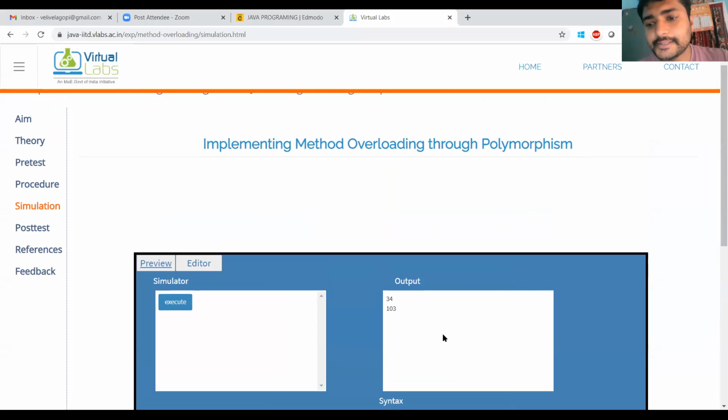In today's class, we have discussed private member accessing, as well as parameter passing through value and through the reference variable. Then we have seen constructor overloading as well as method overloading. So this is all about classes, objects, and methods.